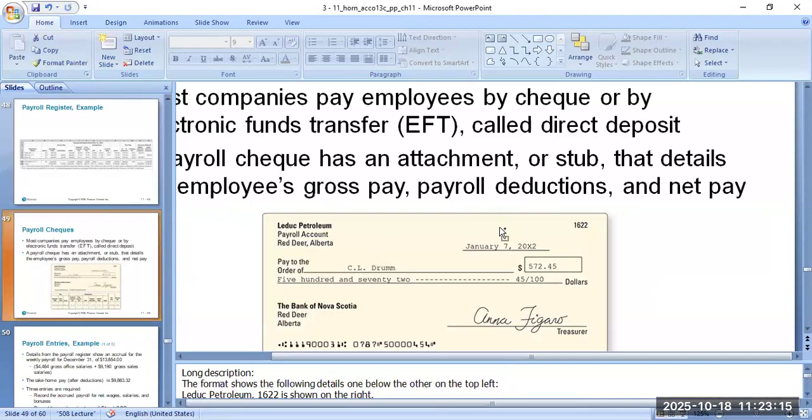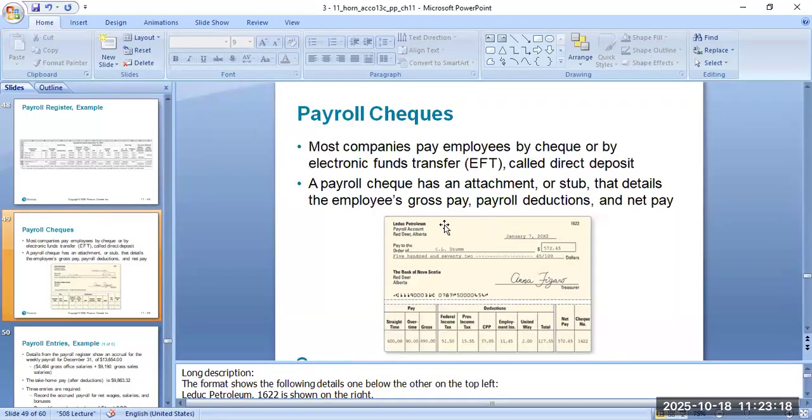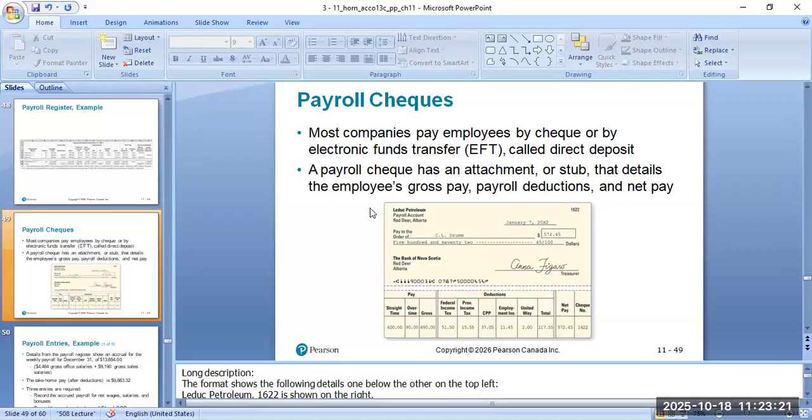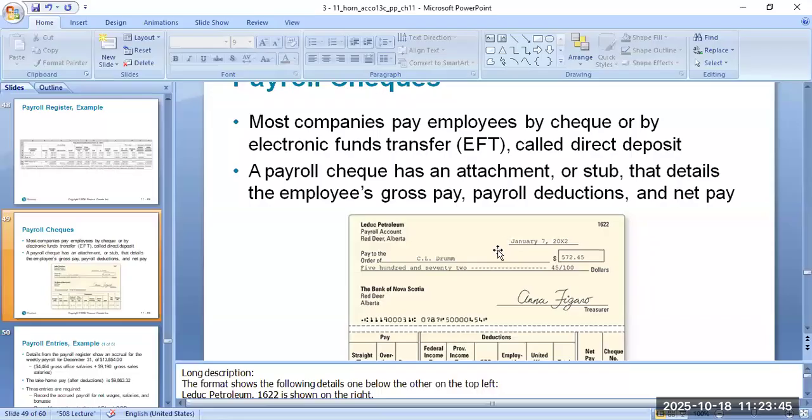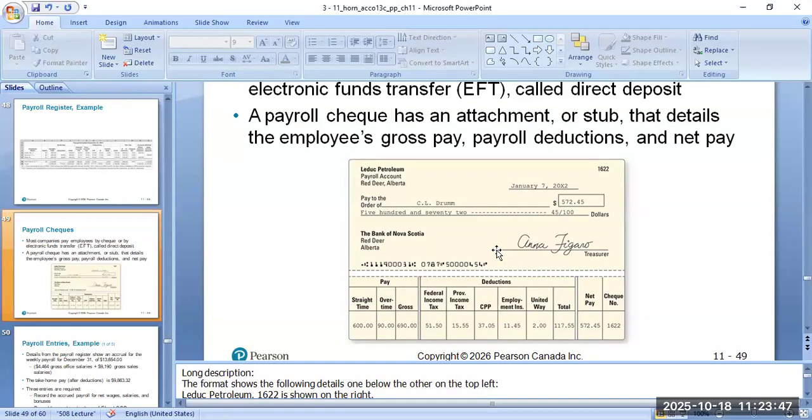Now the payroll check. What will be on the payroll check? Most companies now pay employees with electronic fund transfer, which is called direct deposit. If the direct deposit doesn't happen, then you can issue a check to the employee to save the day. Every paycheck has to have an attachment, which tells you what's the pay on this paycheck and what is accumulated up to this paycheck,